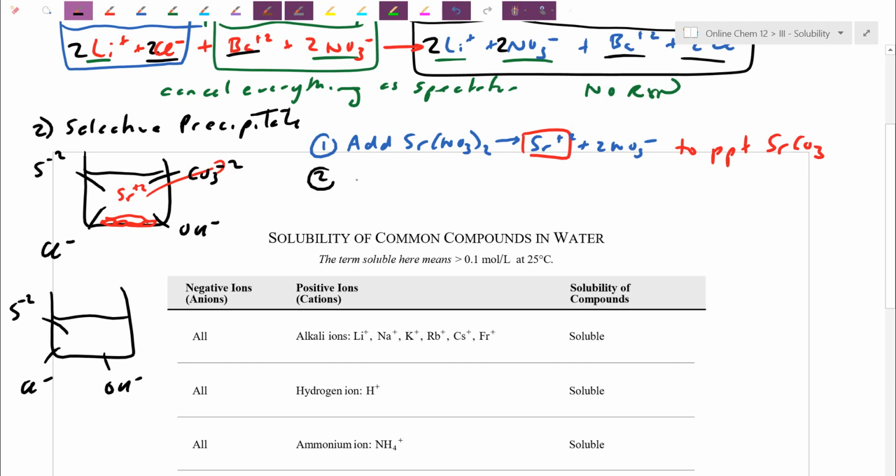So second step here. Again, this is not the only way of doing it. Let's add magnesium, again, as a nitrate salt. This is going to generate the magnesium ions. The nitrates I don't care about. The nitrates are just going to be a spectator. This is going to end up precipitating out